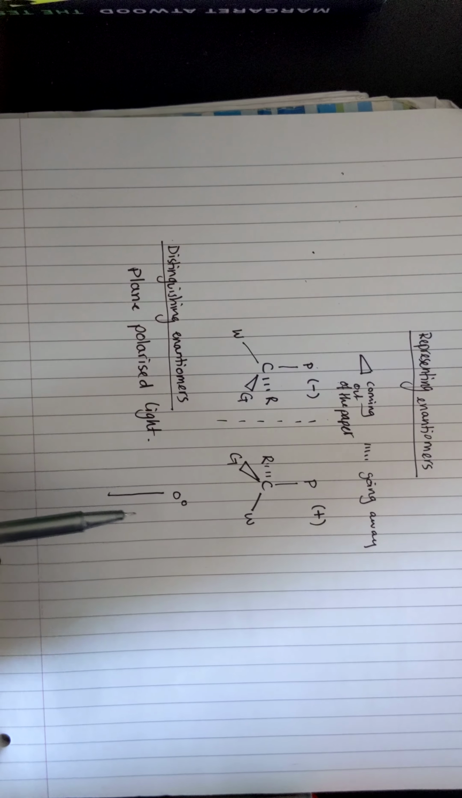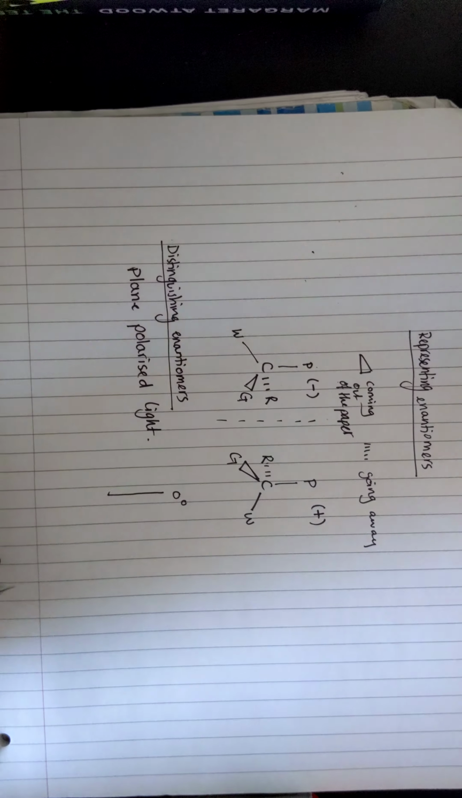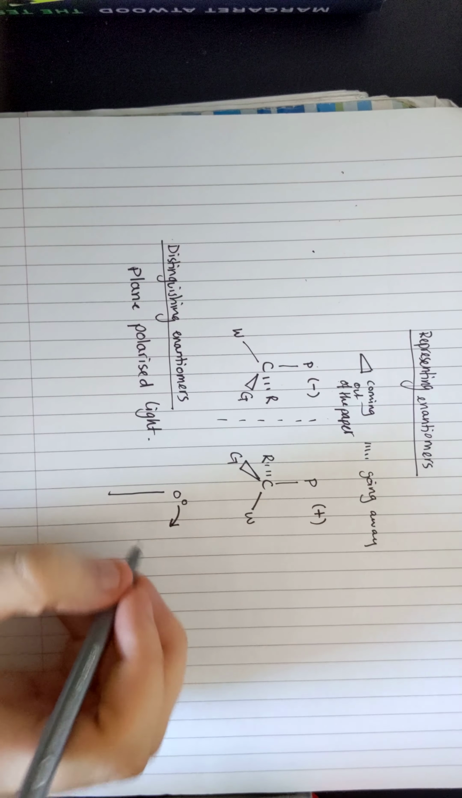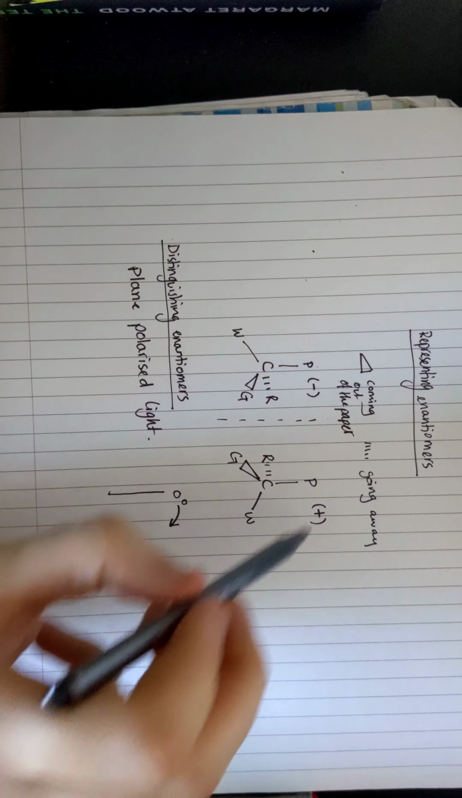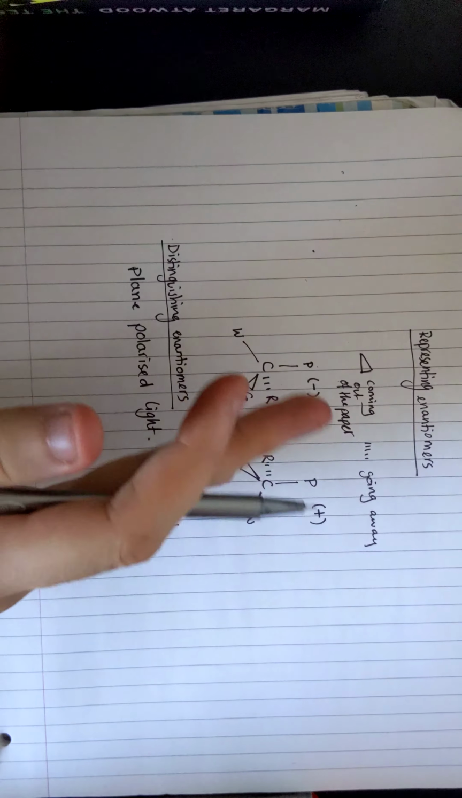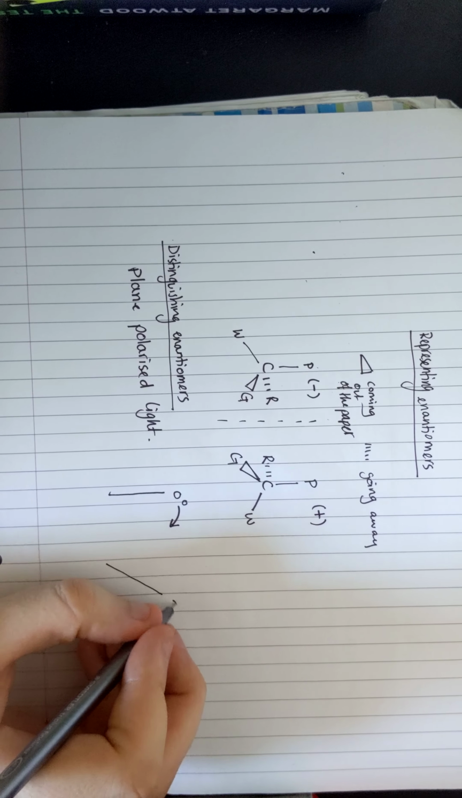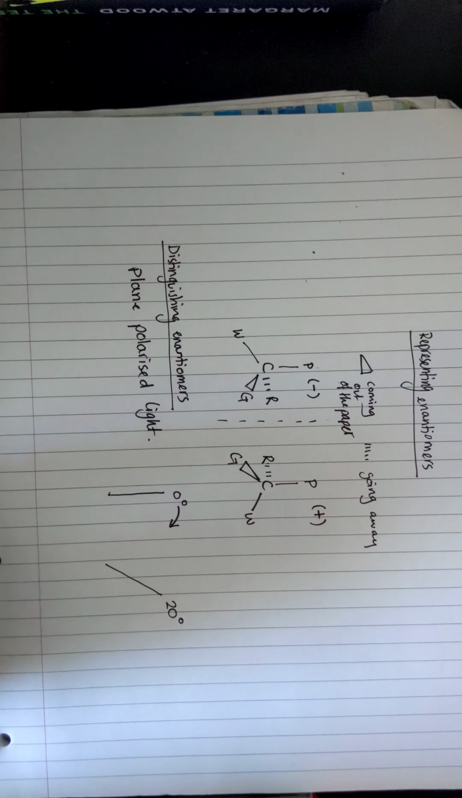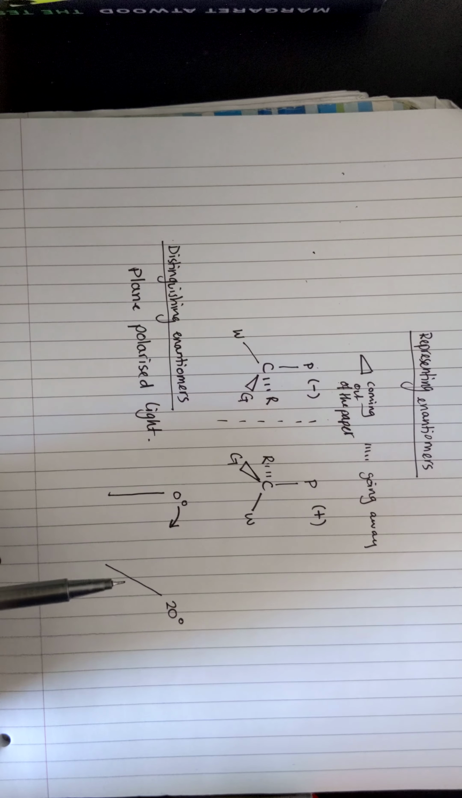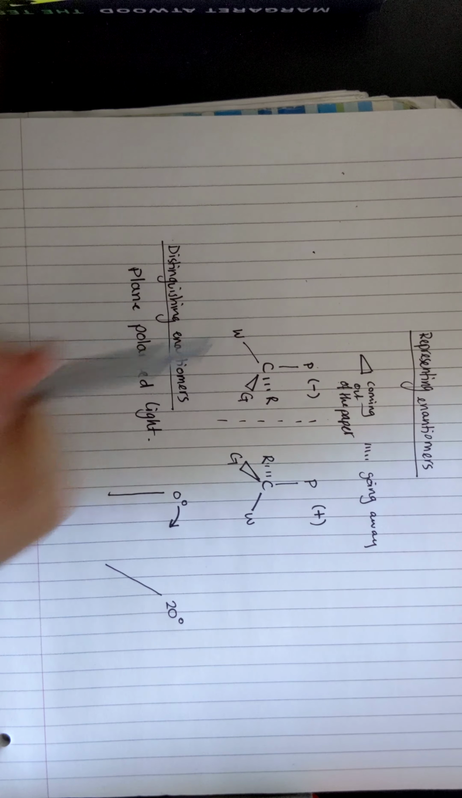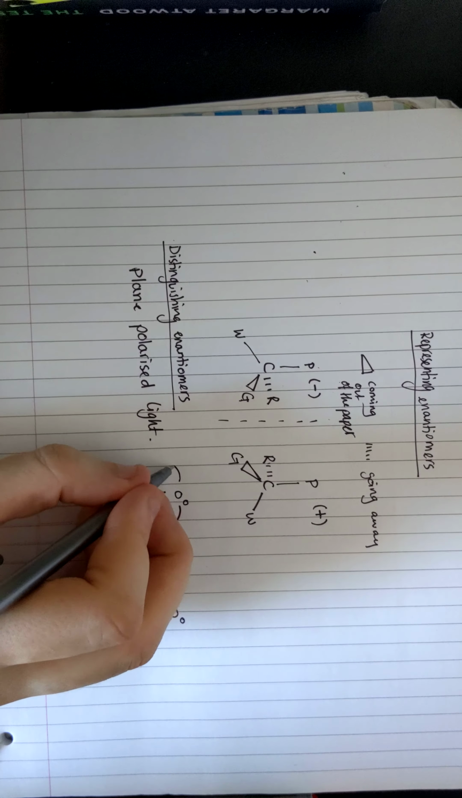Now if we pass the plane polarized light through the positive enantiomer, it's going to rotate the plane of polarization round this way. So the light might pass through the sample, the plane of polarization will get rotated, and so when it comes out the other side, maybe it'll be at 20 degrees like this. So the plane of polarization gets rotated. If we pass the plane polarized light through the negative, instead it will rotate it the other way, and so the plane of polarization will come out